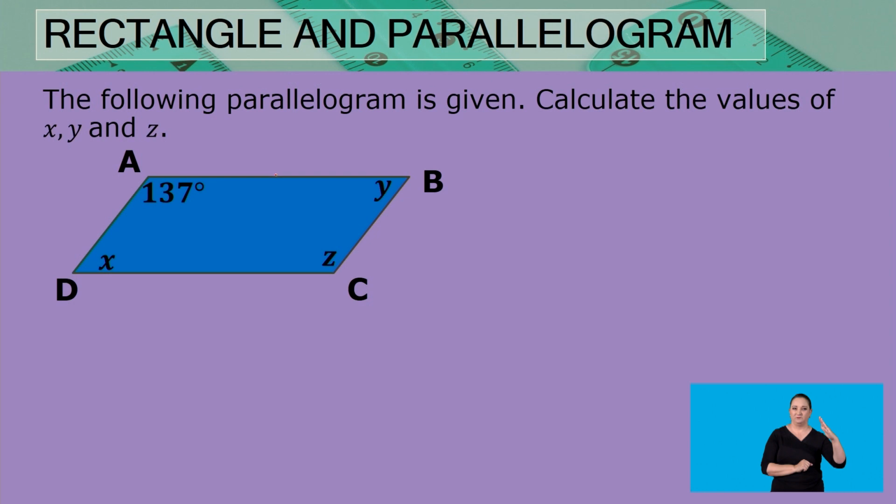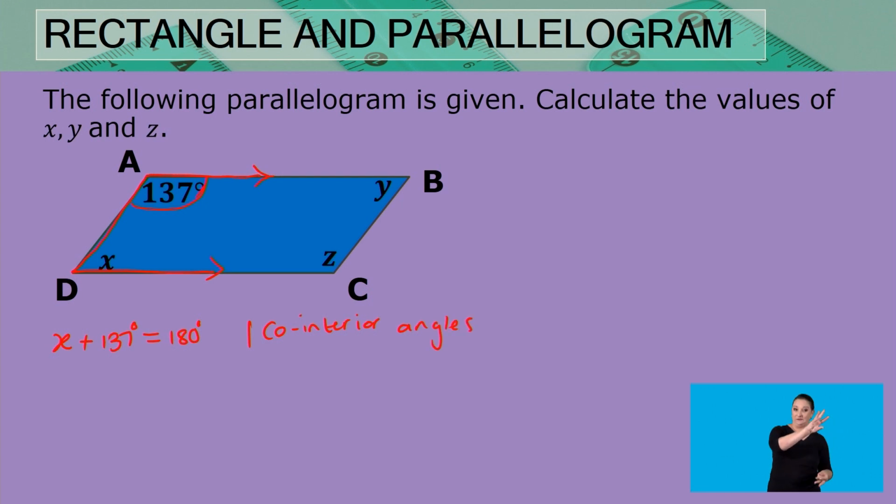And we know that because this is a parallelogram, that means that we have two opposite sides that are parallel. Now, we have been given 137 degrees as one of the angles there. And because of the parallel lines, we can see that the given angle with the X that we are looking for, they form co-interior angles. Now, this means that X plus 137 degrees is equal to 180 degrees. And the reason for this is the co-interior angles